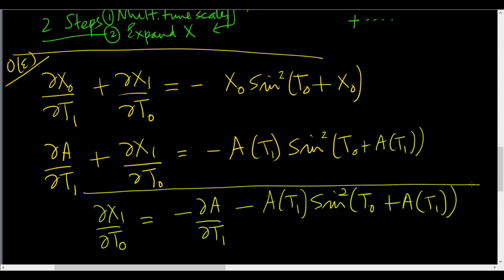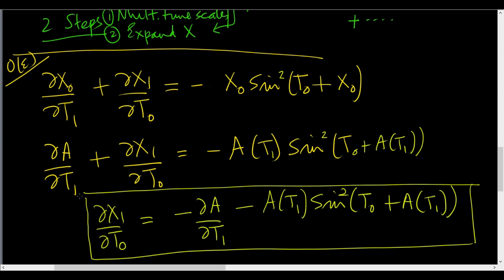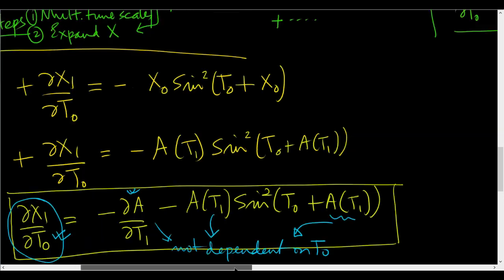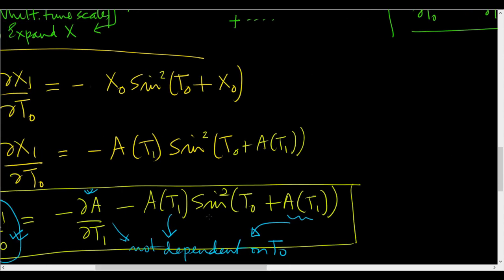Notice that again this is a partial derivative. Okay, so as far as thinking of this is concerned, we can think of the t1 as a parameter. This is some function not dependent on t0. This part not dependent on t0. Only this part depends on t0. Okay, so as you can now anticipate, yes, this right hand side, which I will put in a red box here,